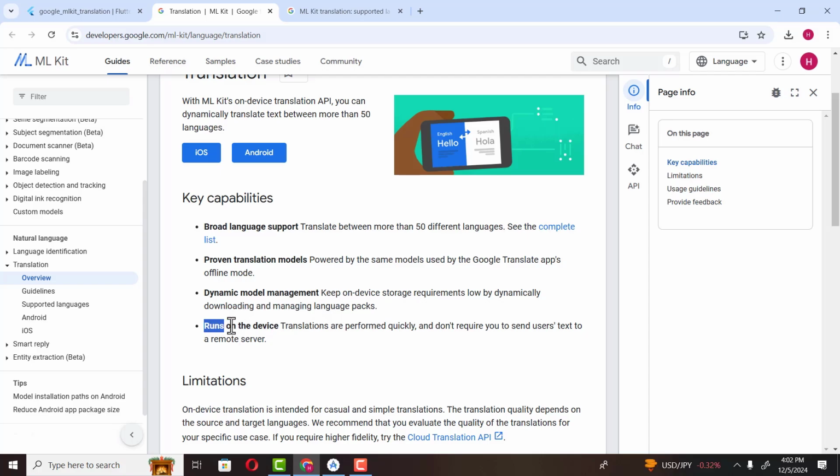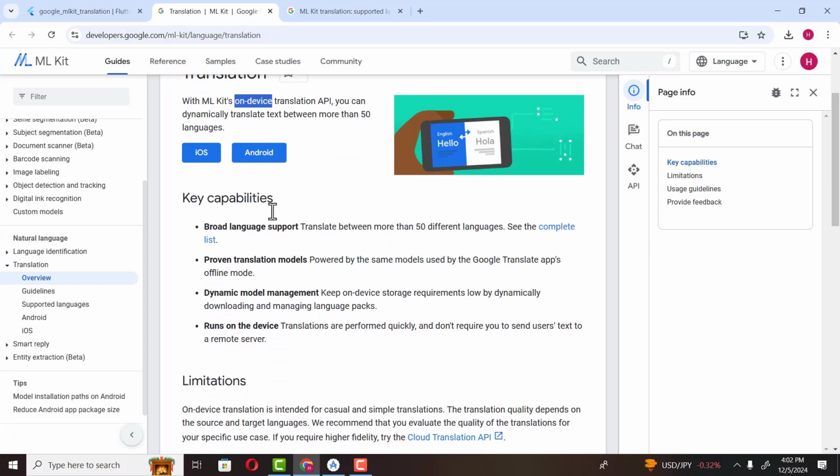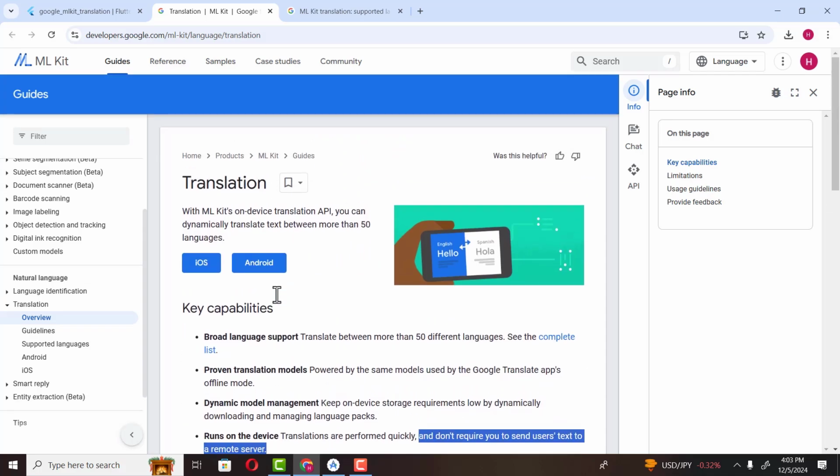And then the fourth one is run on the device. As mentioned, this is used to perform on-device translation. It means that the translation will be performed on the user's device. So an internet connection is not needed, which is why translations are performed quickly, and they don't require you to send user data to a remote server. It also has one more advantage, and that is security. As we are not sending data to a server, we don't need to worry about the security of that data. So these are some features provided by this library, and now it's time to use it inside